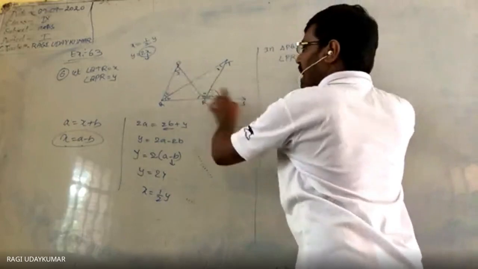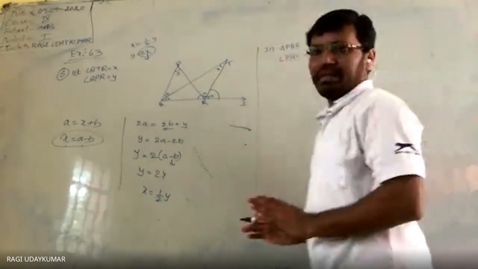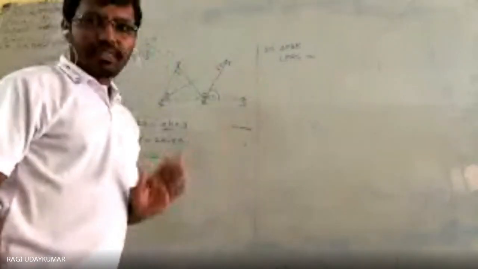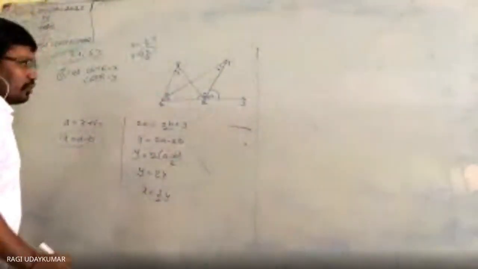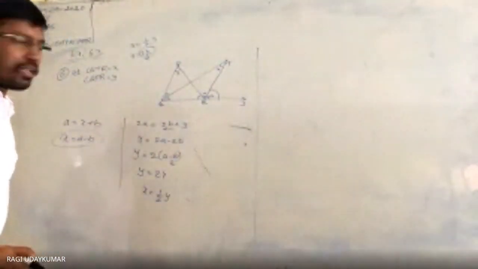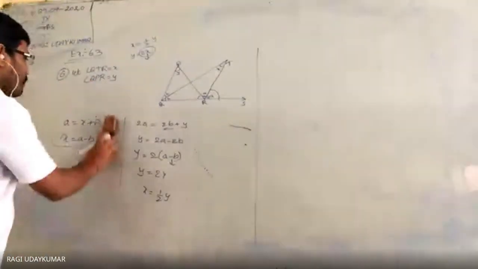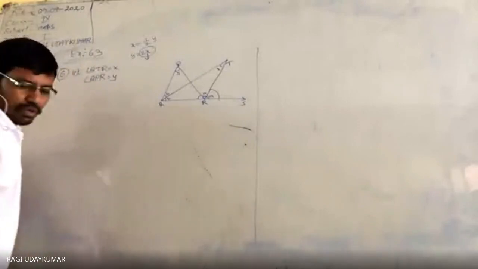Now this PRS is equals to, if you do like this, there will be a confusion. You don't do like this. With the 3 letters, if you are doing, there will be a confusion. You try it like this only, because it's an easy method to use. Two triangles you take into consideration. First you consider like this. I will give you the proper steps now. Just I have given an explanation to you now.